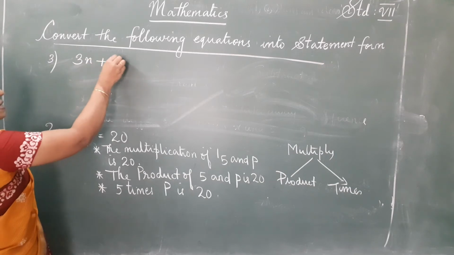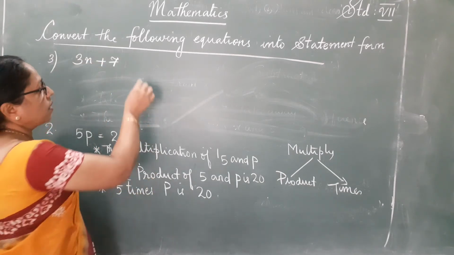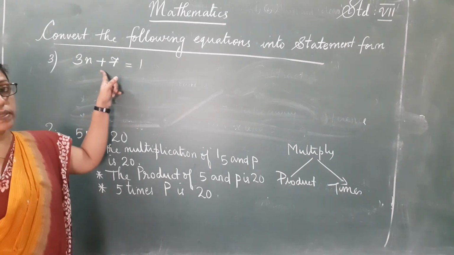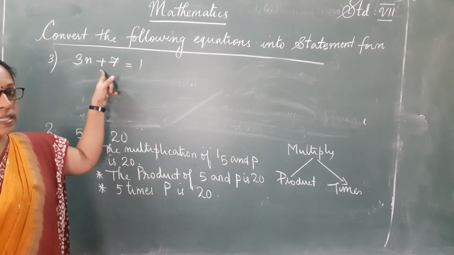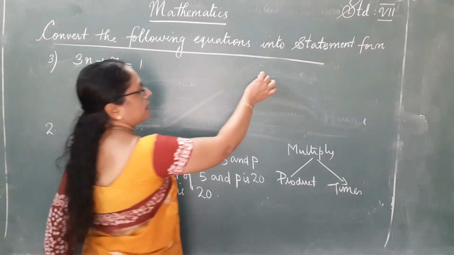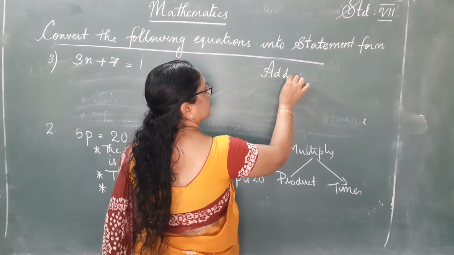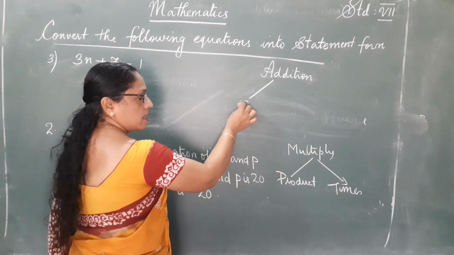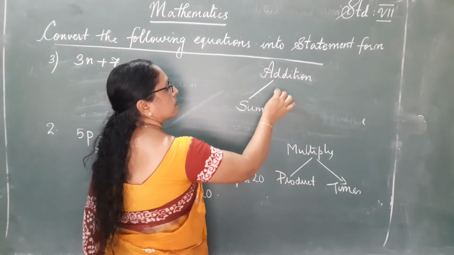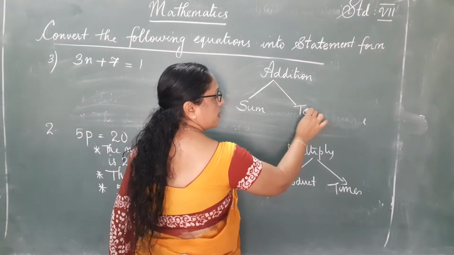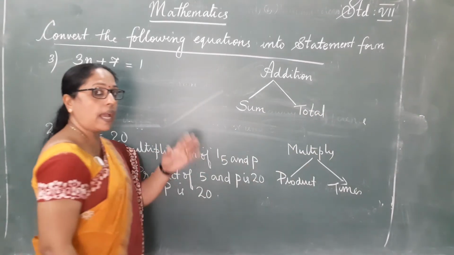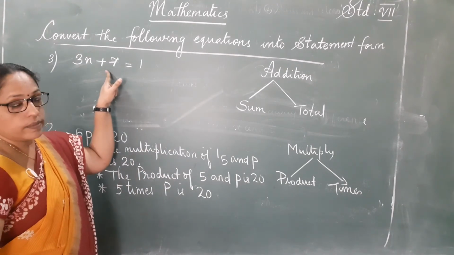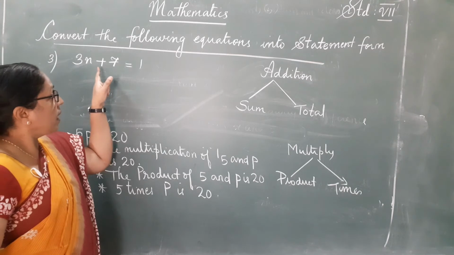3n plus 7 is equal to 1. Okay. Check the operation. What is the operation? The main operation is, yes, addition. So addition. Add. Okay. For addition, another word is sum. Then another word is, yes, total. So add, sum, total. So we have to start with the add. Okay. Or the addition